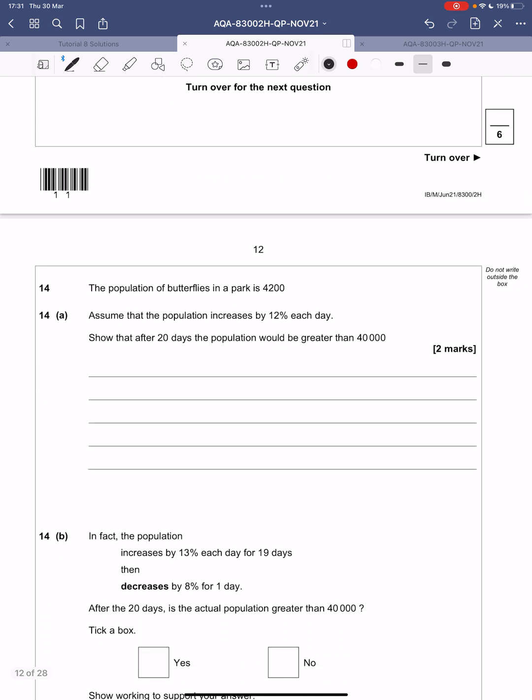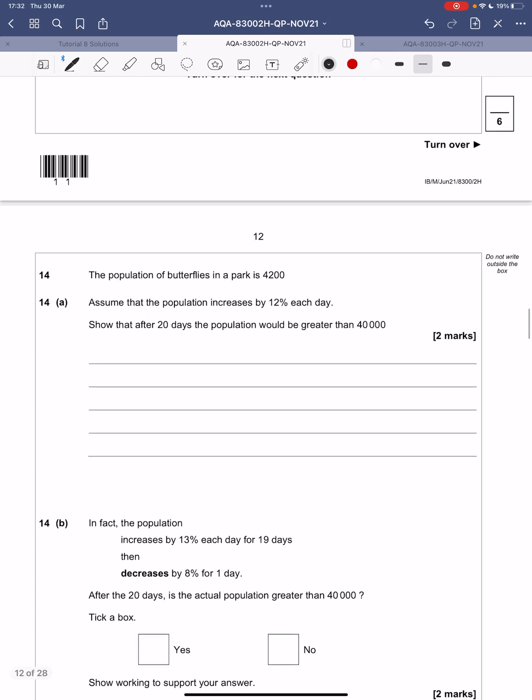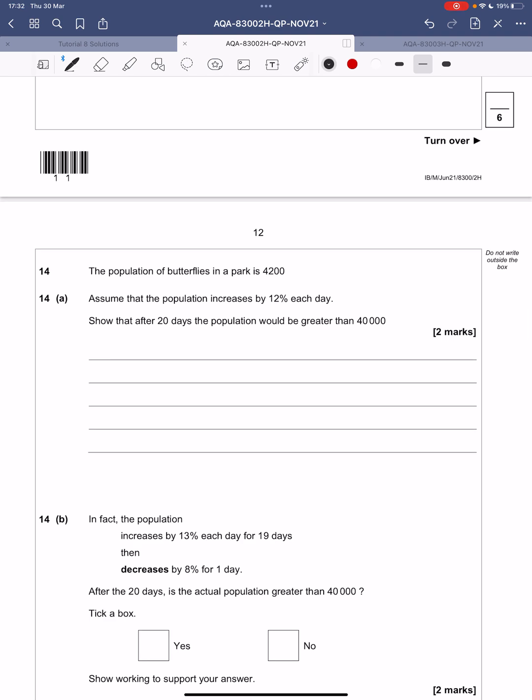Okay. The population of butterflies in the park is 4,200. Assume that it increases by 12% each day. Show that after 20 days the population will be greater than 40,000. So day 1 is 4,200. If it increases by 12%, then we multiply by 1.12. So in 1 day, it'll be multiplied by 1.12. Because we've got 20 days, we've got to multiply it by 1.12 to the power of 20. So write it using that notation: 4,200 times 1.12 to the power 20,